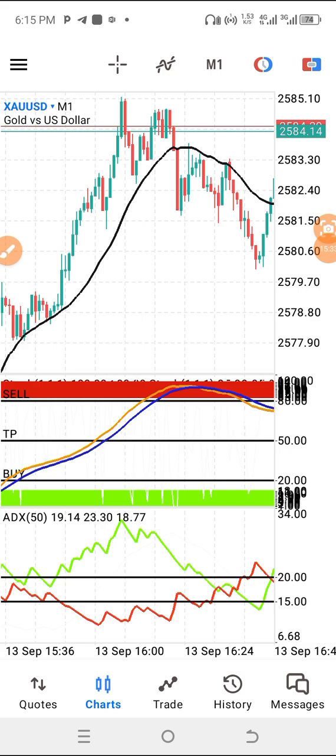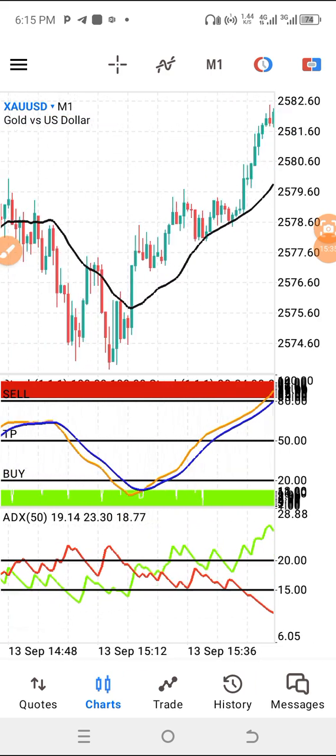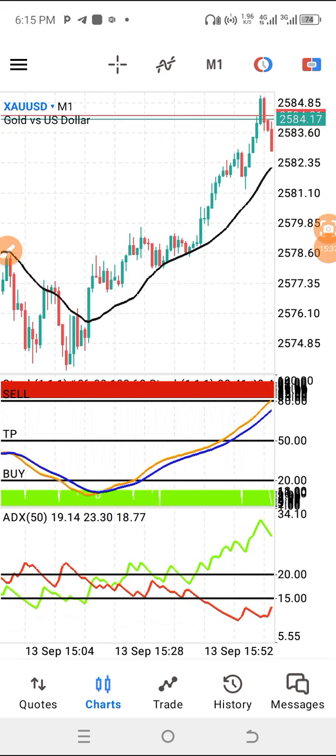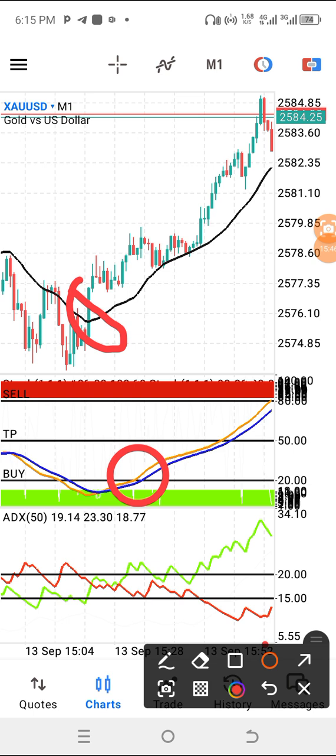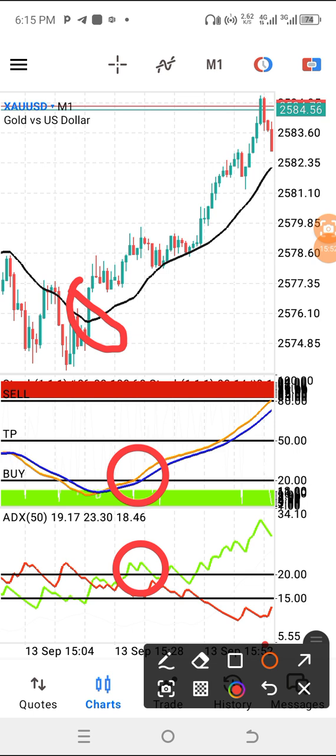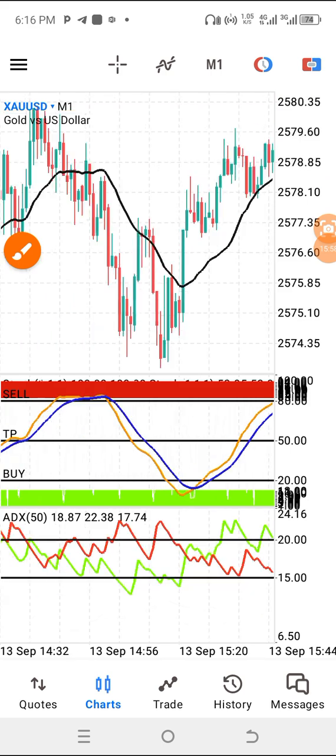But since it is not aligning at the moment, you definitely have to wait till it aligns, right? Now, let's also backtest what happened in the previous time. You can see that what I explained to you is materializing at these points. Immediately price crosses above 20, and we also have our positive ADX above level 20, then our buy is usually successful.